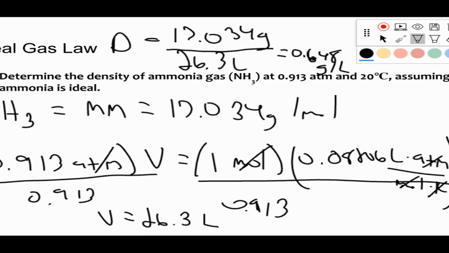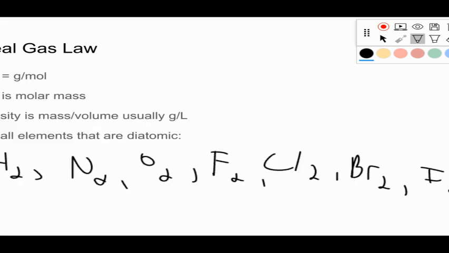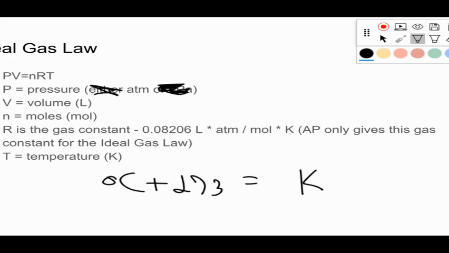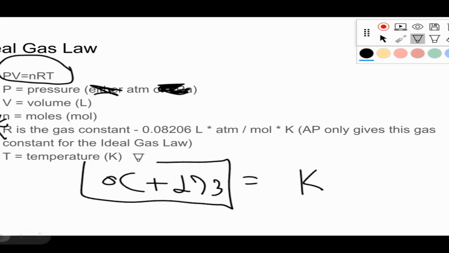So again, a little bit more complicated, a lot of thought process to be able to solve that out. Next lesson, we're going to do some other calculations that have to do with the ideal gas law, where we might have to do another calculation for finding the total pressure of a situation before we plug it in. Big thing to remember is on the AP exam, they give you your ideal gas law equation. They give you this constant, and they actually give you this conversion here too. And so you just have to be able to use that information to solve out for whatever variable the problem is asking you to solve for.